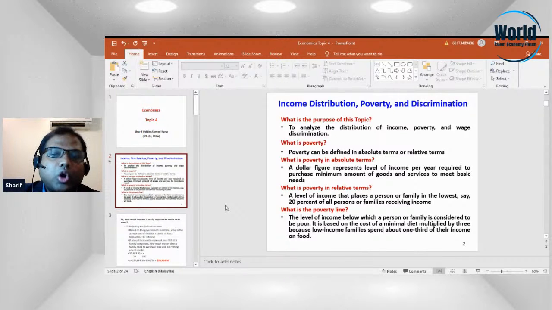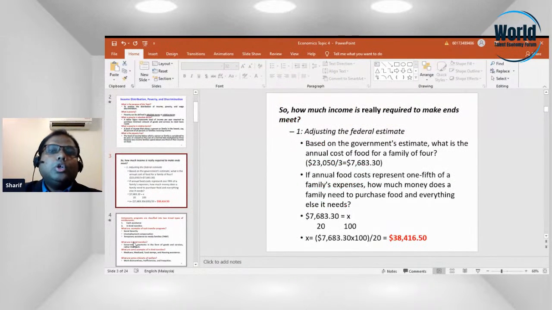It is based on the cost of a minimum diet multiplied by 3, because low income families spend about one third of their income on food. So how much income is really required to make ends meet? Adjust the federal estimate. Based on the government estimate, what is the annual cost of food for a family, let's say